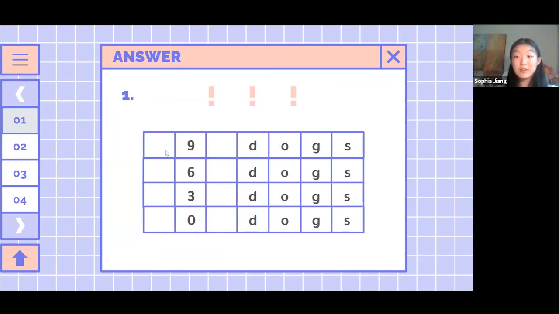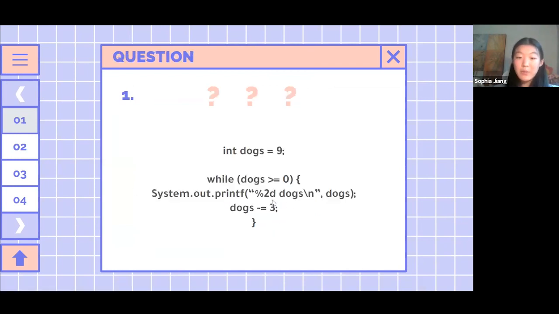So using our little boxes system, we have a space and then 9, space and then dogs. If we take a closer look at our problem, we see that we want to print out %2d. So remember, 2 boxes, and this d refers to dogs. So yes, 9. And then afterwards, you would just print out the space, the dogs, and then it'll be entered